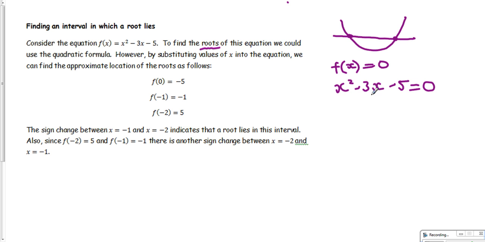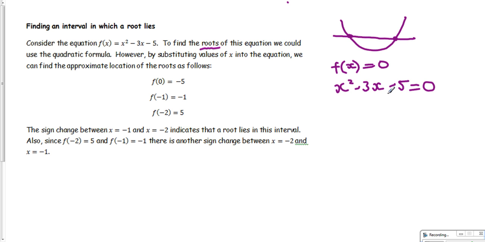Now you probably spotted that this doesn't factorise particularly easily, and we know alternative methods by which we could solve this equation. So you're probably wanting to use the quadratic formula at this point, and that would be a good idea. But if this was a cubic or a quartic or a quintic, in other words, these powers were much higher, it would be a lot more difficult to solve. So we've got to look at the principles behind what we would do if we couldn't go ahead with an